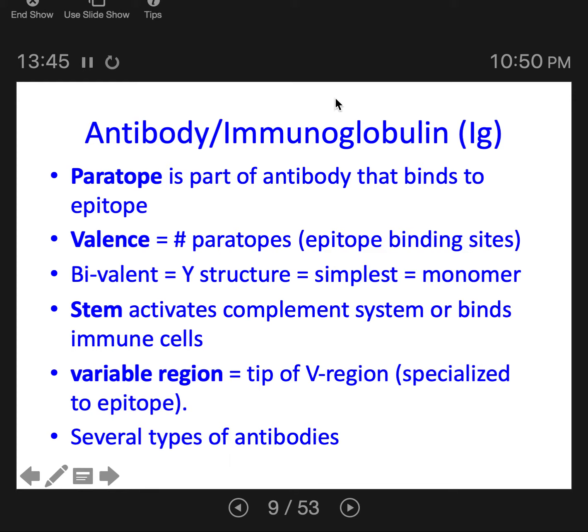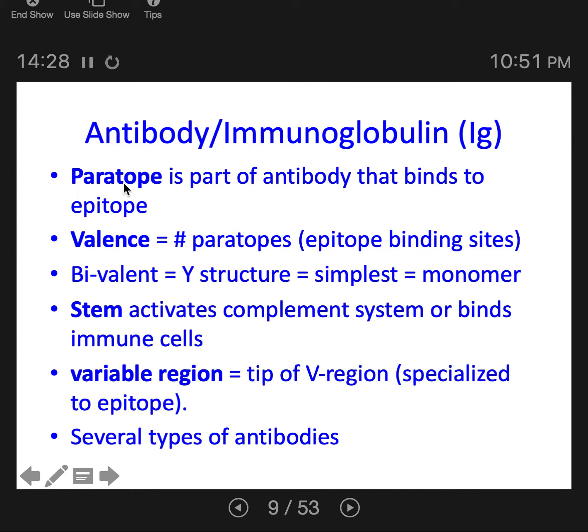Another word for antibody is immunoglobulin. I want you to remember both because immunoglobulin actually includes two different molecules, antibodies and B cell receptors, which we will get to later. So an antibody is a kind of immunoglobulin. And you need to know immunoglobulin because when we talk about different, you might have seen IgM, IgE. These are different kinds of antibodies found in the body. They're abbreviated Ig, immunoglobulin for short, and then they're lettered. That could be IgA, IgG, IgE. So those are all different styles of antibodies.